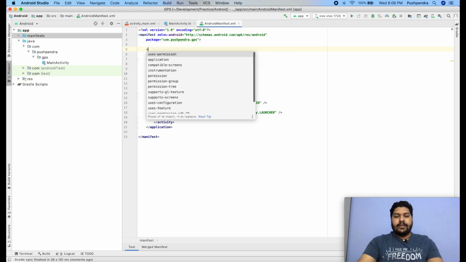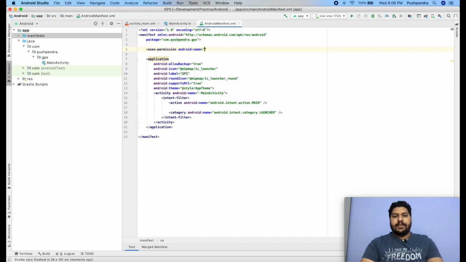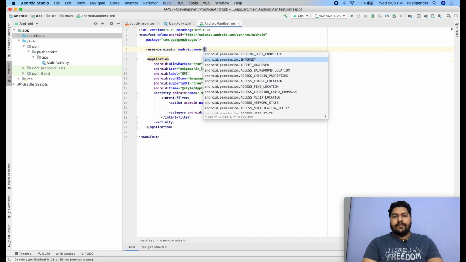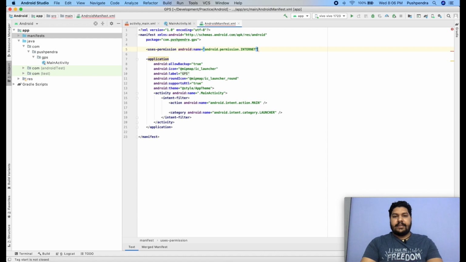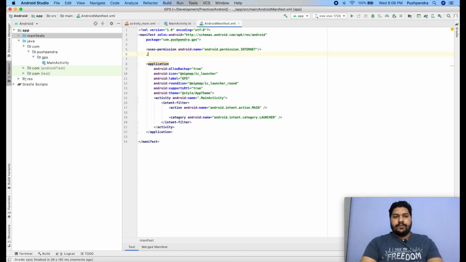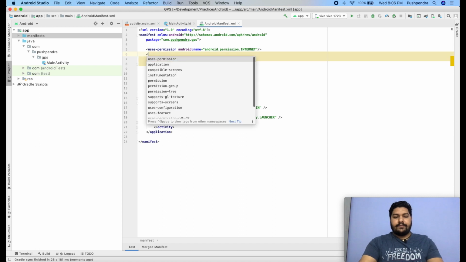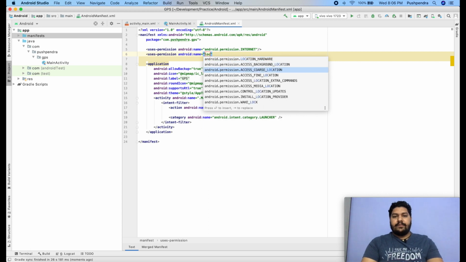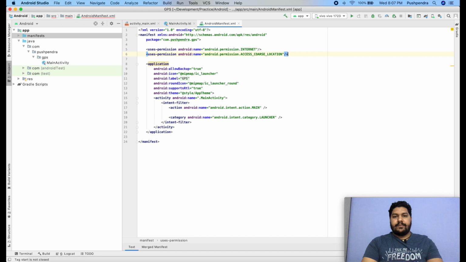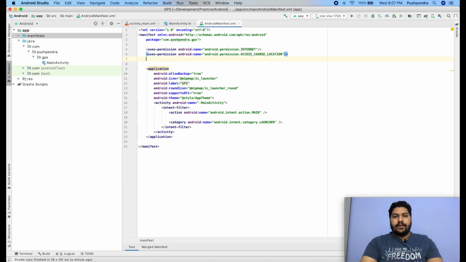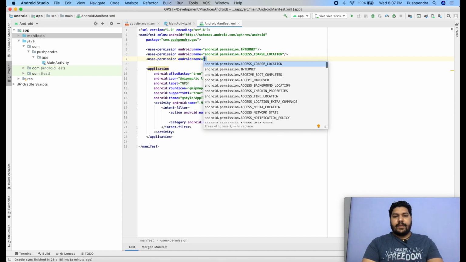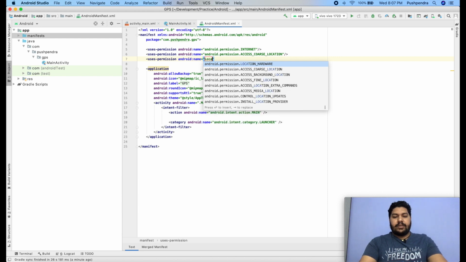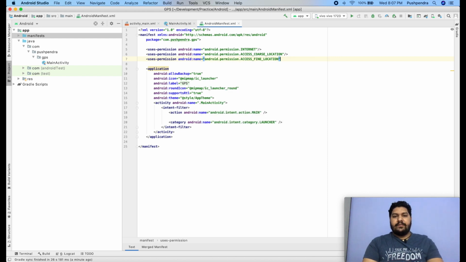So here, uses-permission. What are the permissions? First is internet. If you are using internet in your application, definitely you need this permission. Second, uses-permission for location: access coarse location. Now another uses-permission, and this is again location: access fine location.